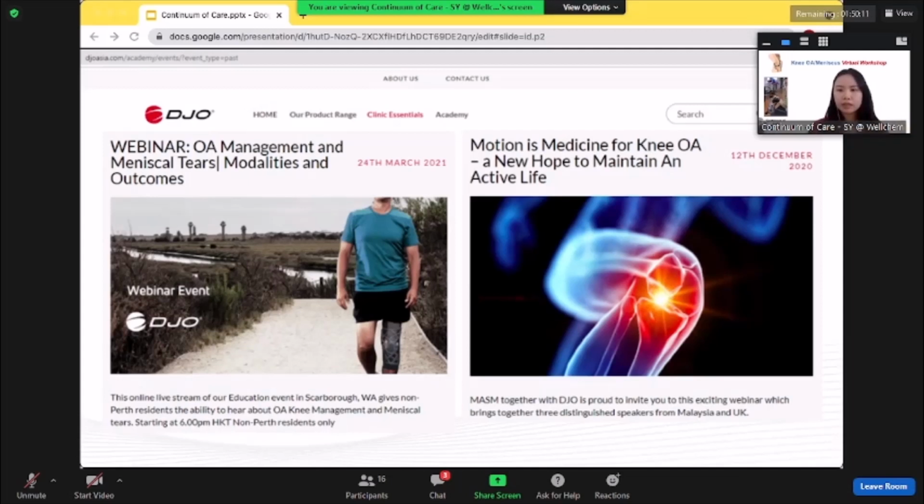However, I'm sure as therapists and clinicians yourselves, you've seen lots of OA patients who experience symptoms such as pain, joint stiffness, knee instability, and kinesiophobia. And this can make it difficult for conventional exercise programs to be effective. So today we'll be looking at how proprioceptive bracing can help in addressing these issues, specifically our OA reaction knee brace, which can be a useful tool in the continuum of care.